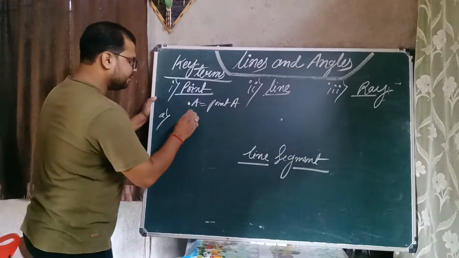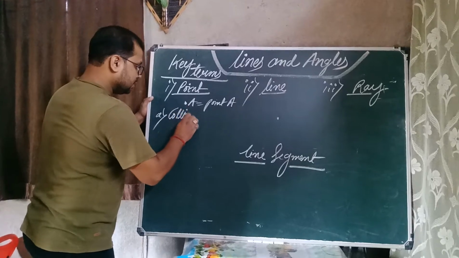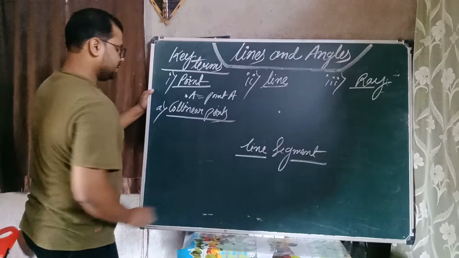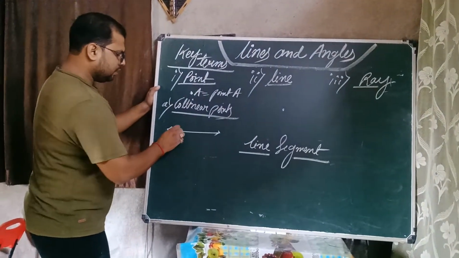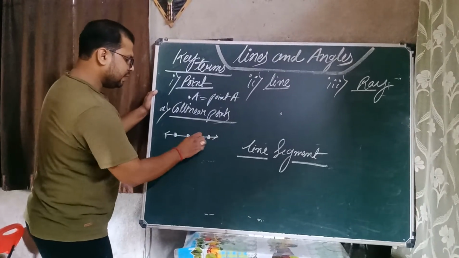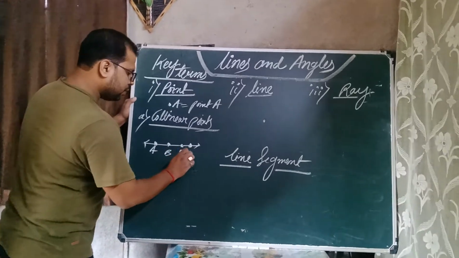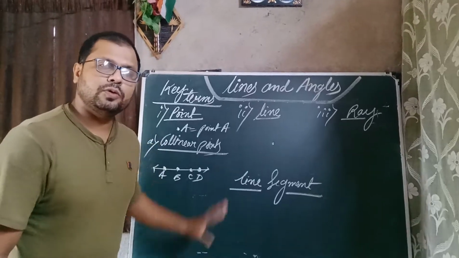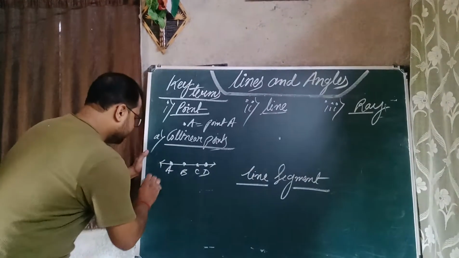There are how many types of points? Collinear points. When a line is there, suppose, and it consists of many points on it, or we can say when more than two points are lying on the same line, those points are called collinear points. Understood, students? Non-collinear